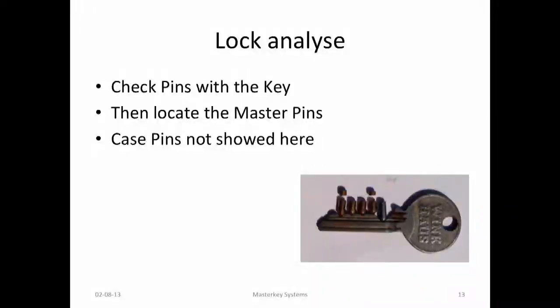This is very nice. It just takes the ring off and pushes out the core. And you see here, this is a single key. Missing here is a core pin. So you see these pins are in one row, and you have these two master pins. So when you have this located, what you have to do is cut a little bit deeper on these two positions to get the master key.